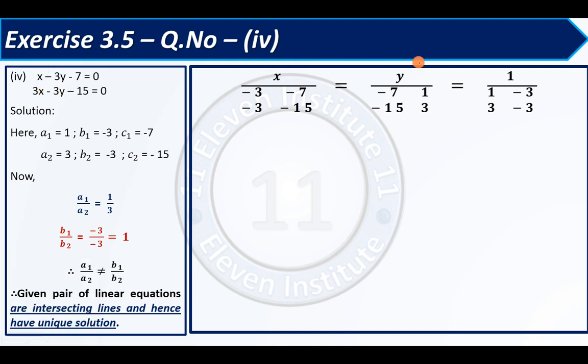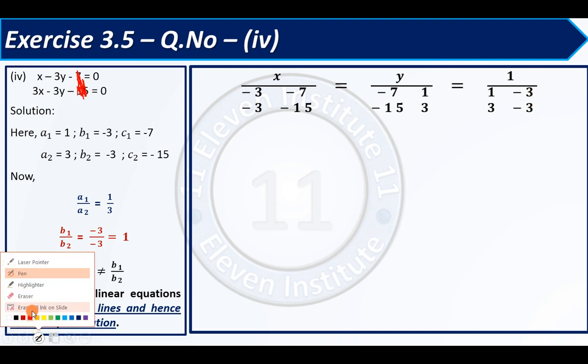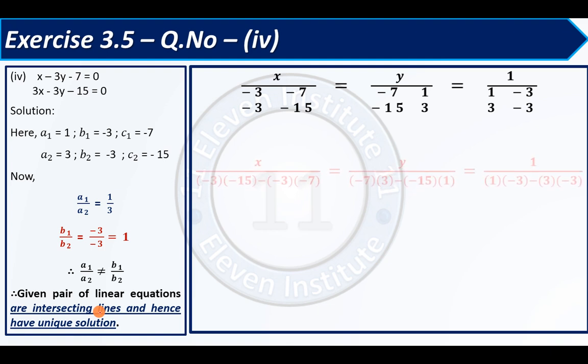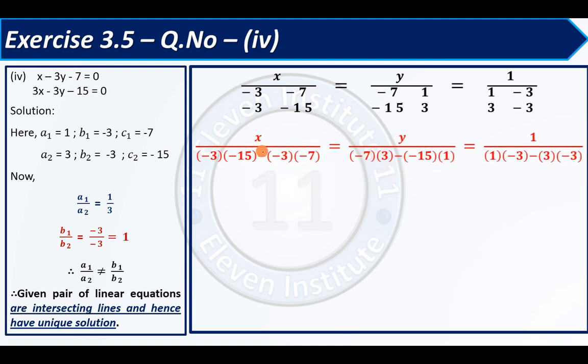Fine. And now this is the chance of constant term. So we will place a finger on this. We will hide this. So what we are left with is 1, 3, minus 3, minus 3. But 1 and 3 are already written over here. So we will write minus 3 and minus 3 over here. So first step is clear. Now simply again x, y and 1. But in this step, first place this minus, my dear friends. First you have to write this minus.